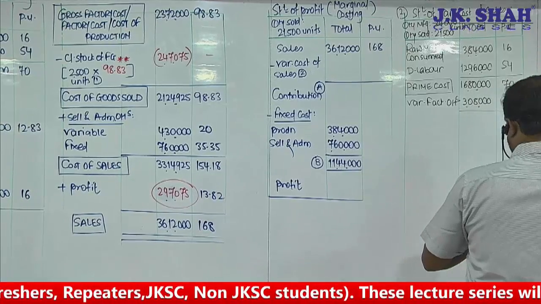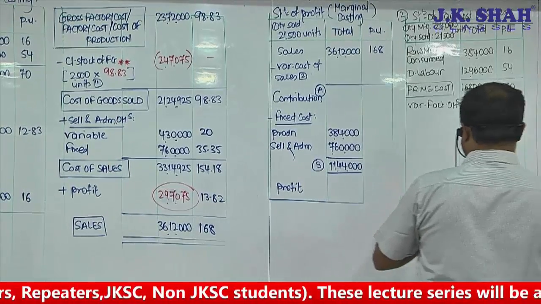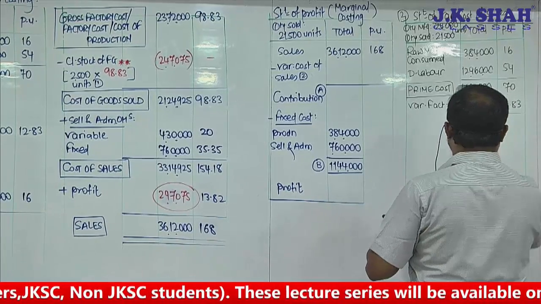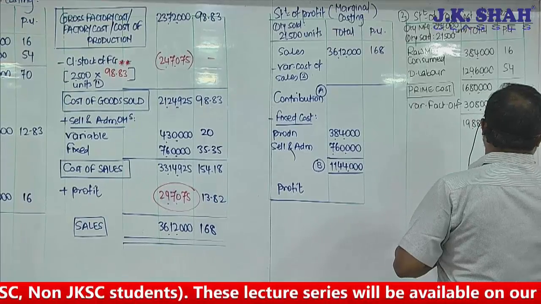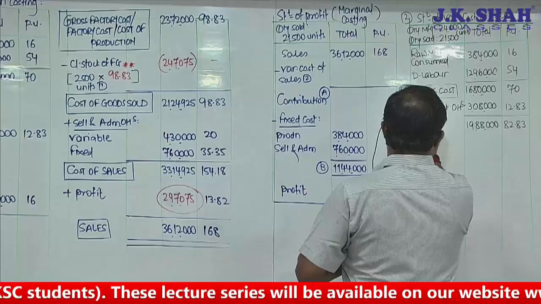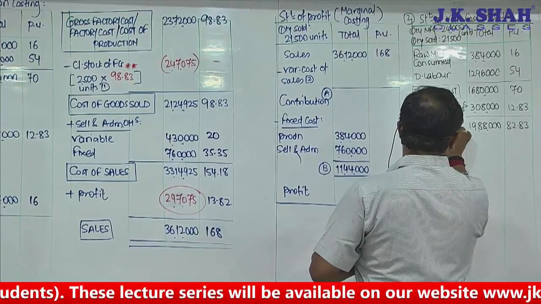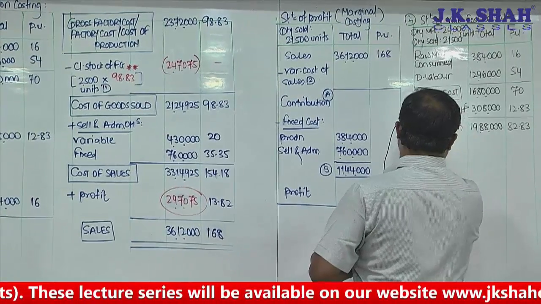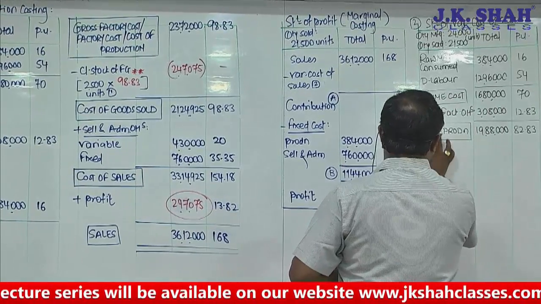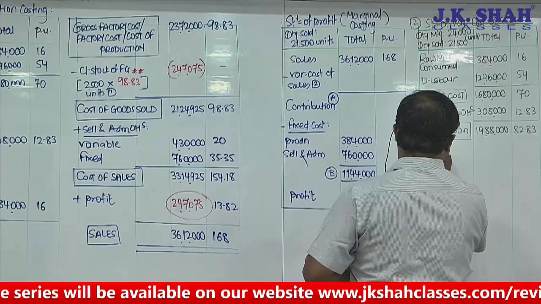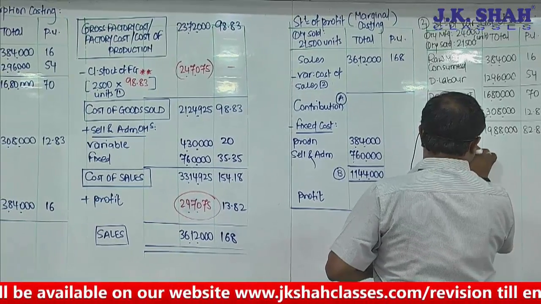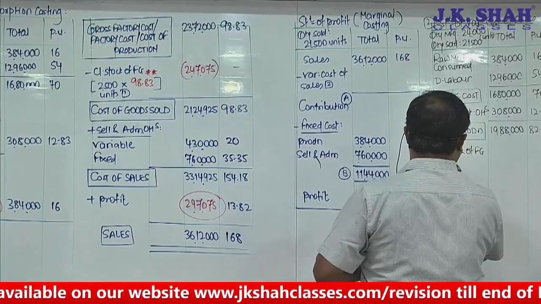$16,80,000 plus 3,08,000, 19,88,000, 82.83. That is my cost of production. Now we all know that no factory cost and gross factory cost is required to be written. We don't have WIP. We have discussed that earlier. I'll simply reduce value of closing stock of finished goods,